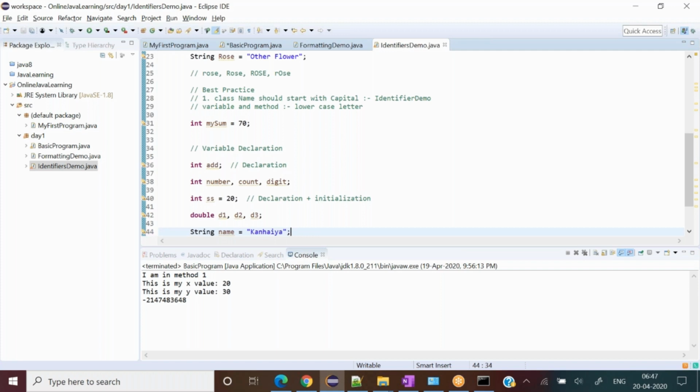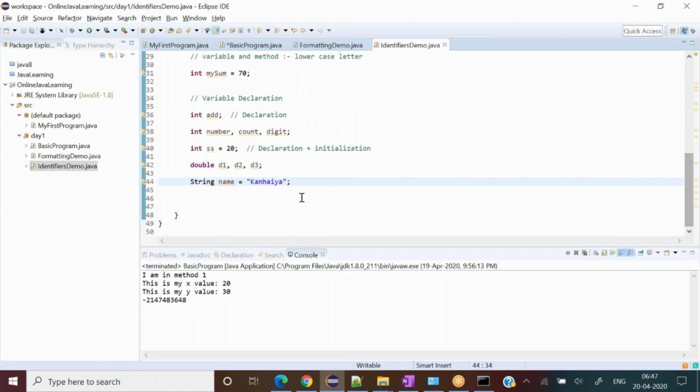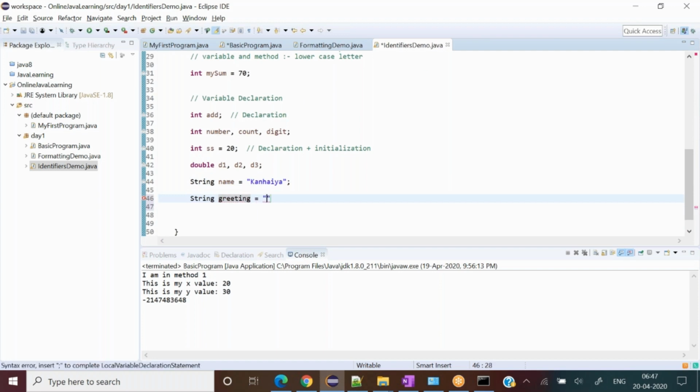But what if I write something like this? Coming to the string, let's say I write greeting equal to hi, and then another, welcome message, and I write this.